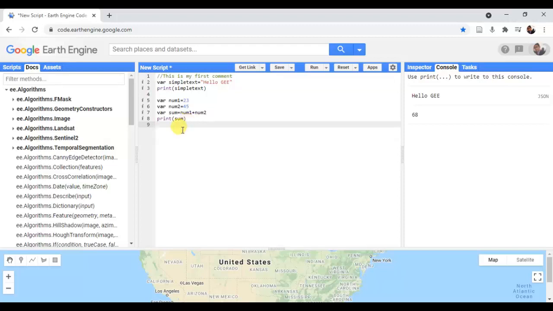Next, I am going to tell you how we can declare lists in JavaScript. For that, we use square brackets.